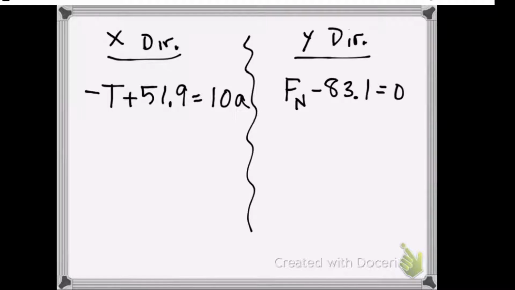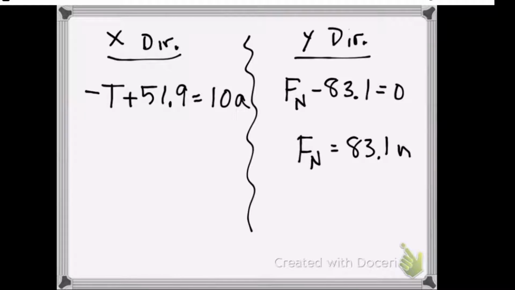And that's good to know because that tells us that f sub n is equal to 83.1 newtons. We'll use n to represent newtons. Now the other equation, negative T plus 51.9 is equal to 10a. We're going to save that away and use that a little bit later,